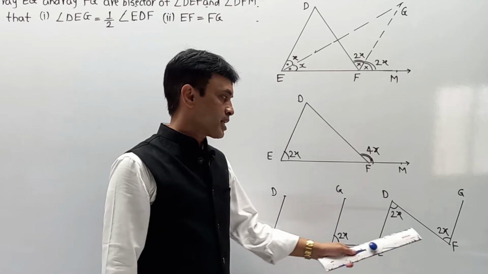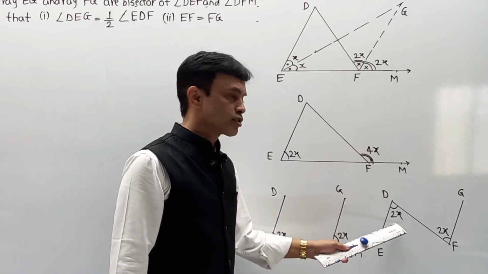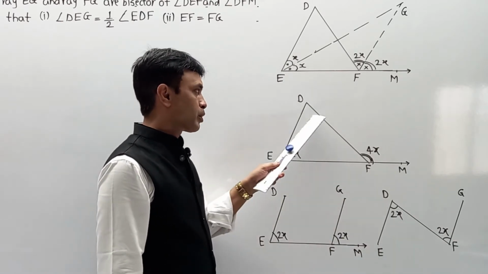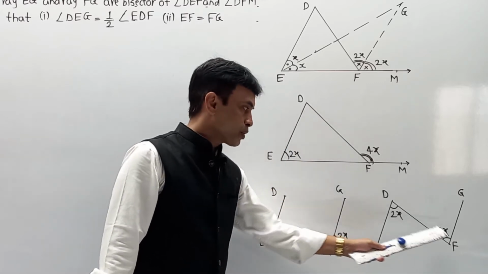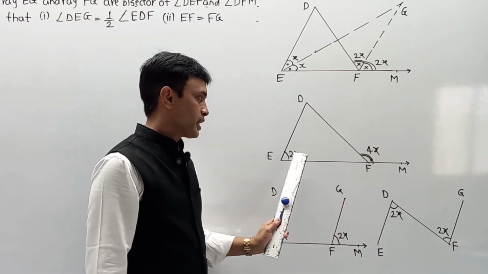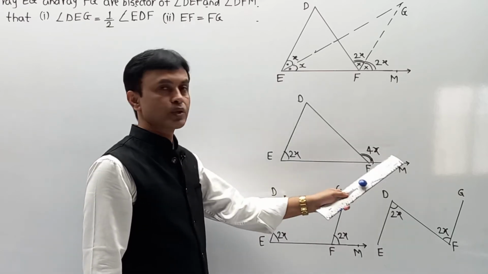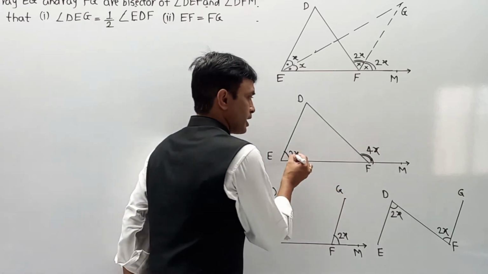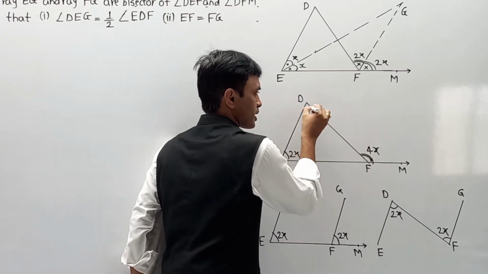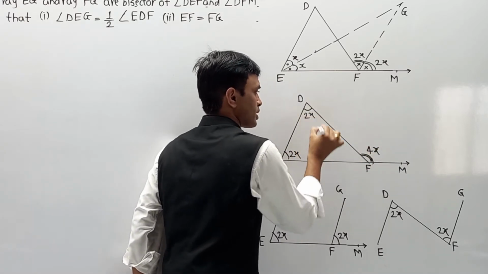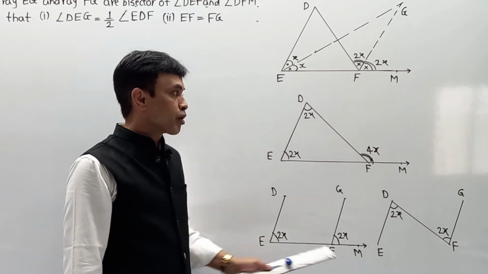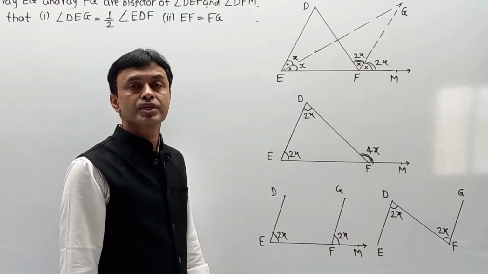Now, in this case, again you are getting angle D as 2x. The same part I am going to add over here. Also, you can have an alternate part. What is it exactly? If it is 2x and it is 4x, the addition of these two is the exterior angle. Naturally, 2x plus 4x, and this is also 2x. This is the logic you should be able to understand from these diagrams.